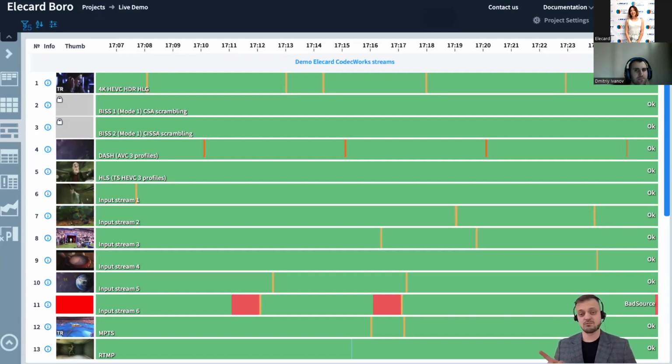Now you can see there's also red. Red is bad. Red essentially shows bigger problems that are close to catastrophic. Essentially, in this example, red is loss of source. If there is no source, there is nothing to show. So that's very bad. There are also two other options to be shown for each stream. This is black and blue. Black is very, very bad. It's a catastrophic failure, and there is nothing in terms of compression going on. And the blue is a video freeze, which is also very important to understand because some systems use video freezes for maintenance and work time, and it can be pre-configured to ignore it. So that's a very nice feature to have.